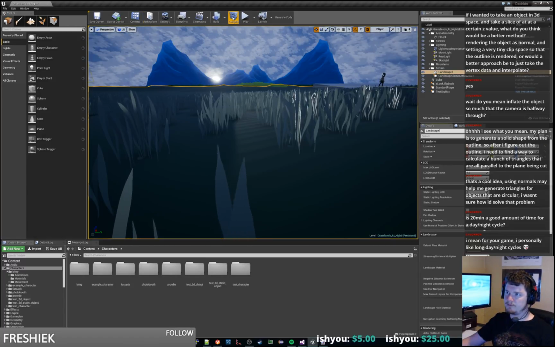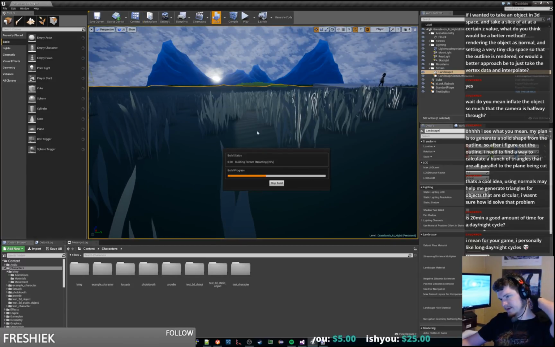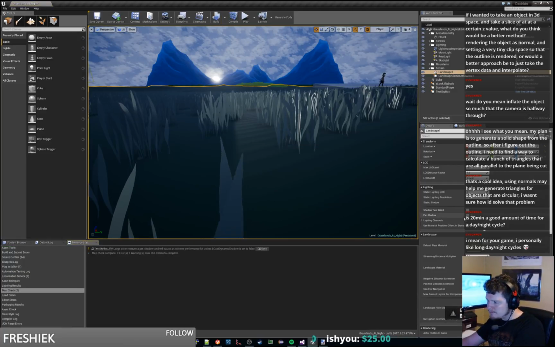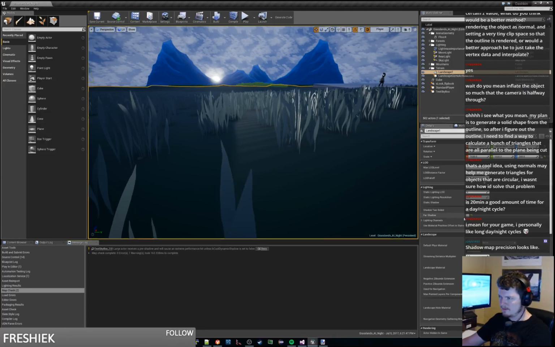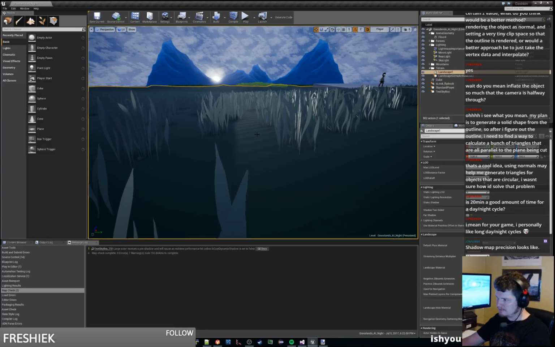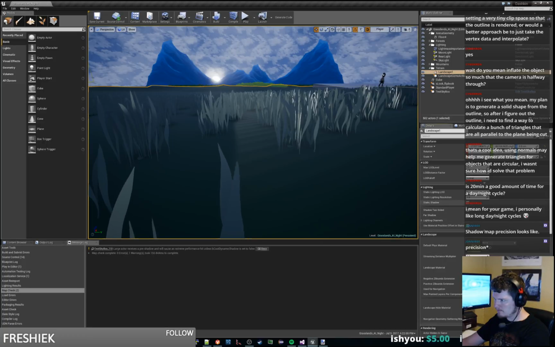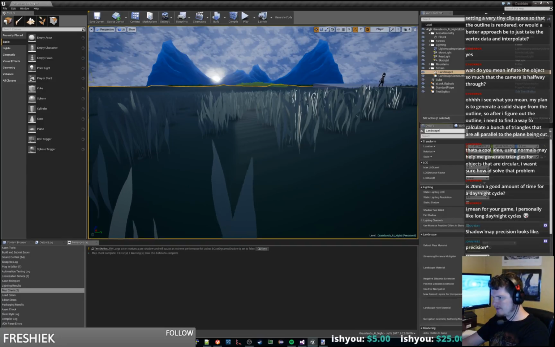Well, let's see if we build the lighting in here, that stuff disappears. Yeah, it's shadow map precision, but we don't want shadows too much on here. Alright, it's not doing too much. I mean, we do want shadows on it, but